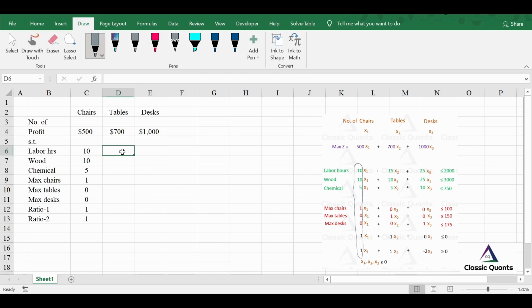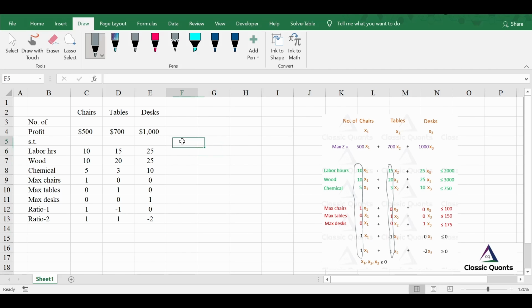Similarly, enter the second column 15, 20, 3, 0, 1, 0, minus 1, 1. You can match it from here. Okay. So enter the third one 25, 25, 10, 0, 0, 1, 0 and minus 2. Okay, so your entry is complete.